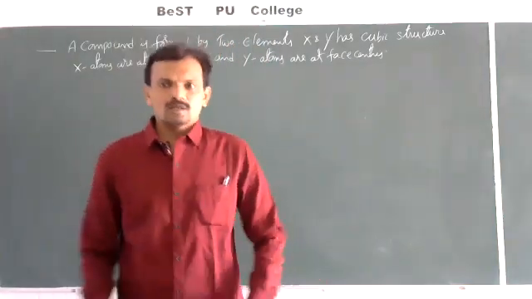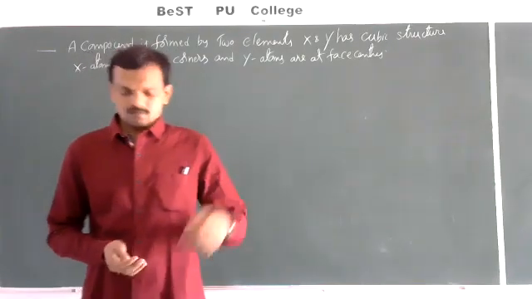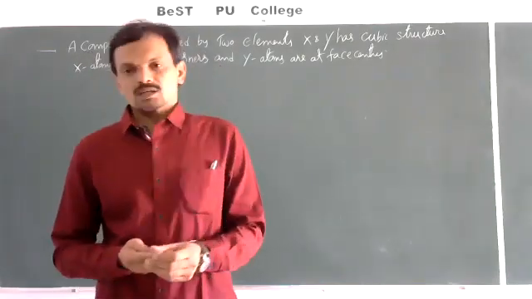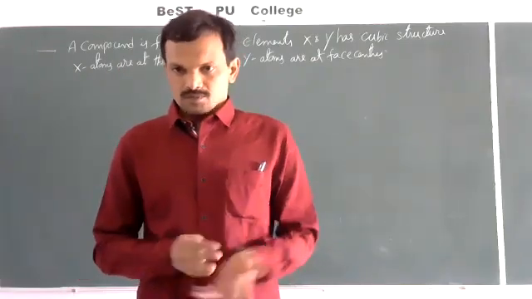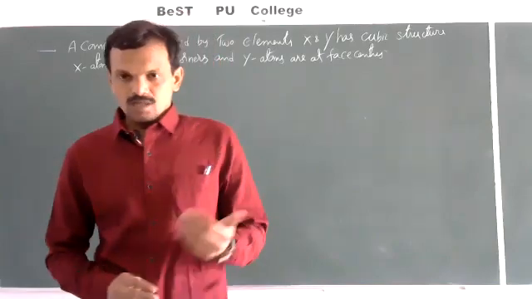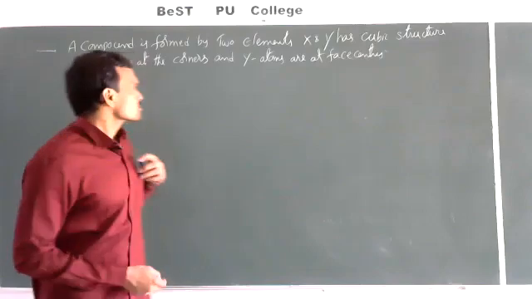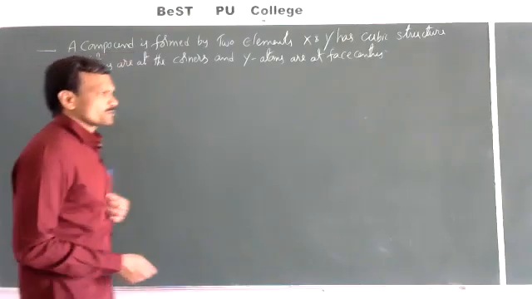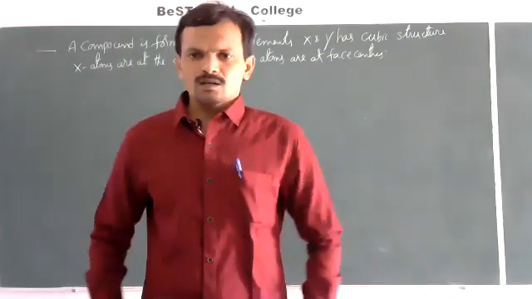In the last class we discussed parameters, packing efficiencies, and the BCC, simple cubic, and FCC lattices. We also discussed how to calculate the density of the crystal lattice. Now, in today's class, we are going to discuss some problems, that is, determination of the molecular formula of a compound.